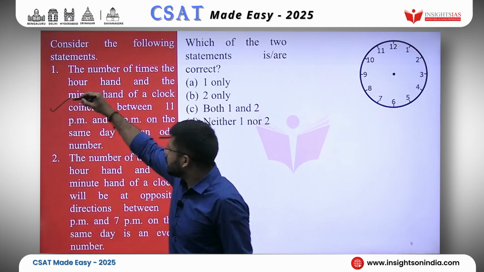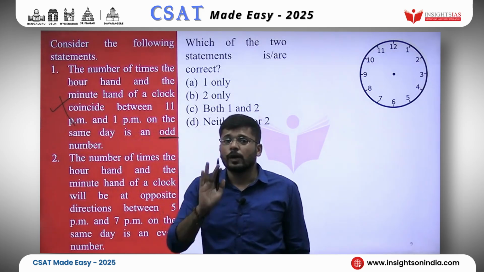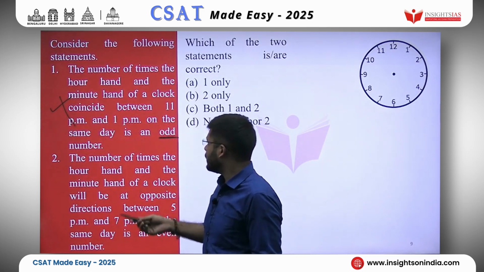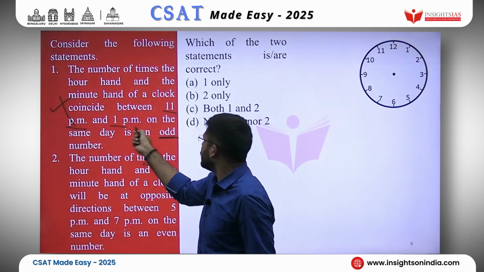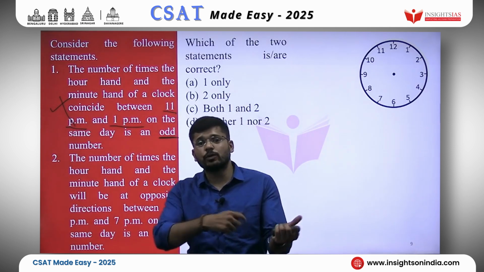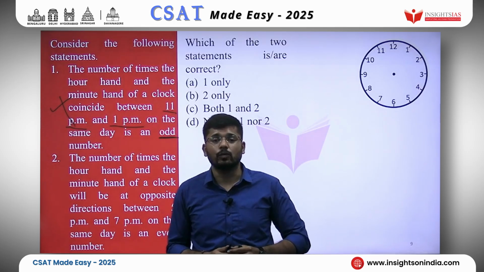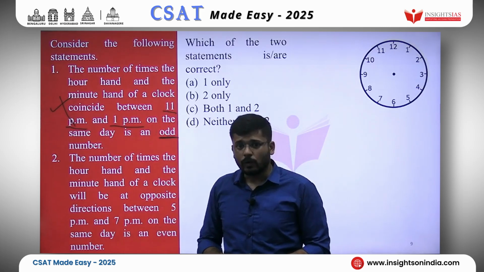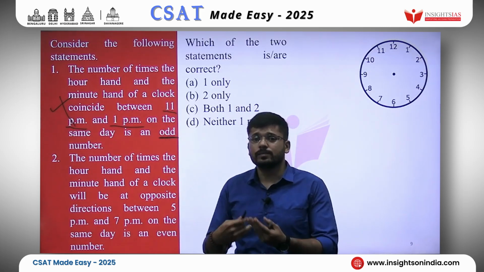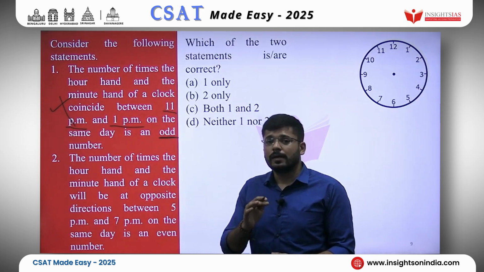No, this statement is wrong. Because look at the time that they have given us. This is 11 p.m. and this is 1 p.m. What is the duration between 11 p.m. and 1 p.m.? How many hours are there between them? There are actually